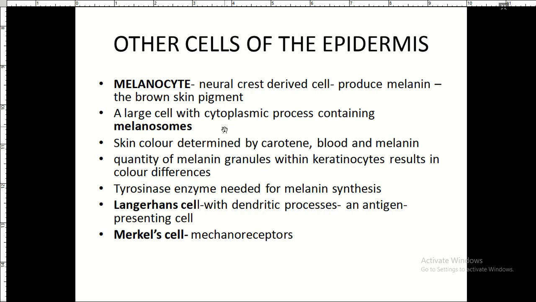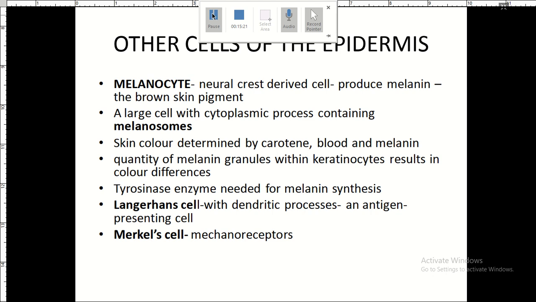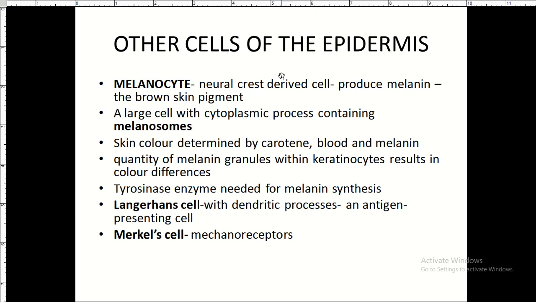What are the other cells that are found in epidermis? Now let's take a look at other cells of epidermis. We have melanocytes. Melanocytes are derived from neural crest cells, if you remember. Their function is to produce melanin, which is the brown skin pigment, very important to protect the skin from ultraviolet radiation. So these cells will be sitting on the basal lamina together with the rest inside your stratum basale, and